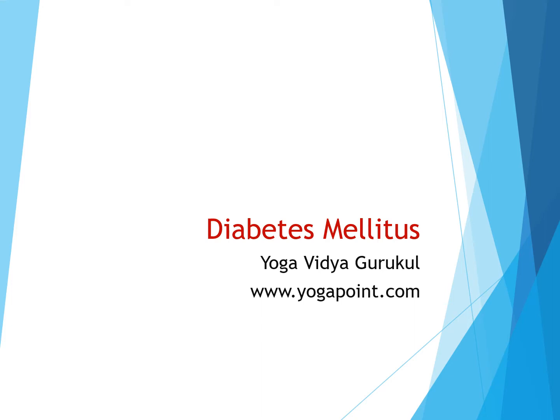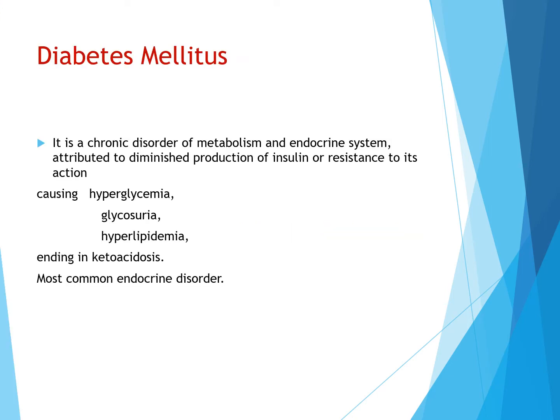We will be talking about diabetes mellitus, or in short, diabetes. Now, diabetes is a condition, a chronic disorder of the metabolism in our body, and at the same time, of the endocrine system, the endocrine gland, pancreas in our body. So it's a disturbance of metabolism and it's a disturbance of endocrine system, in particular the function of pancreas,